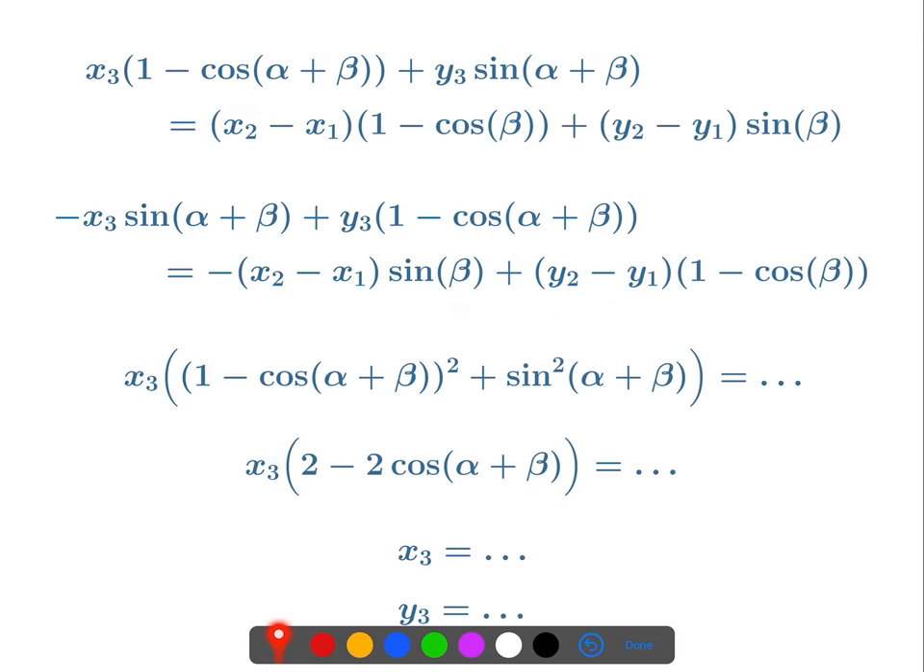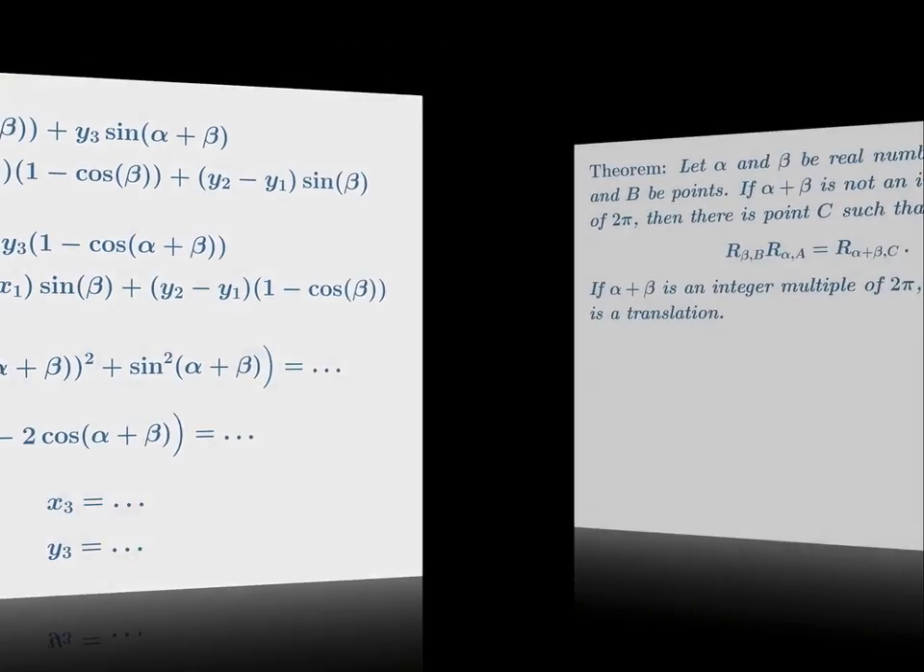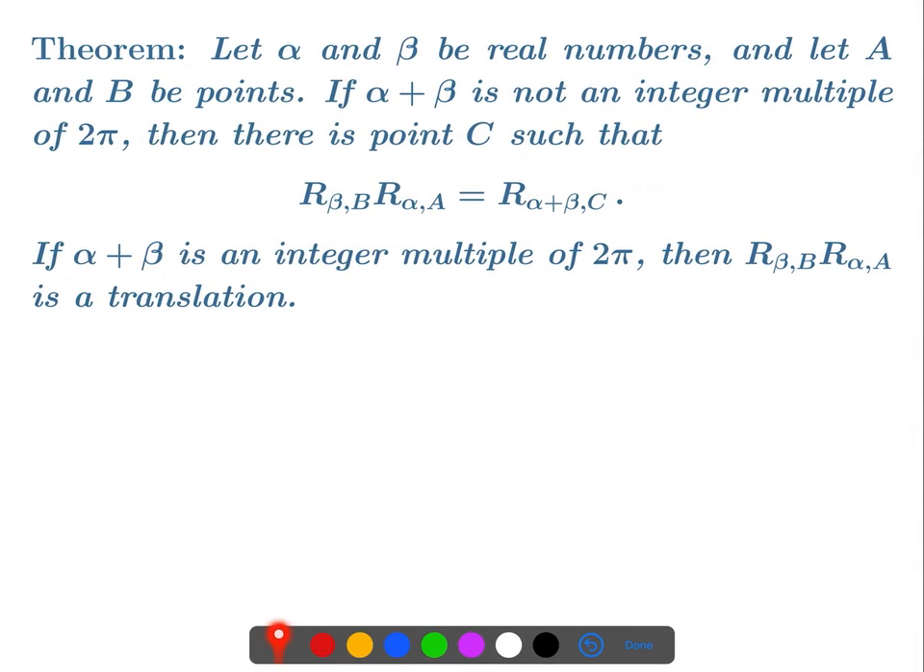So that gives us x3 and y3. And so we see that we were able to solve for x3 and y3. And so that gives us this theorem. We found C. In our proof, it was x1 plus x3, comma, y1 plus y3. But we weren't explicit about what x3 and y3 were. But we have that a product of two rotations is a rotation about C by the sum of the two angles here. And that happened when alpha plus beta was not an integer multiple of 2 pi. And we saw that when alpha plus beta was an integer